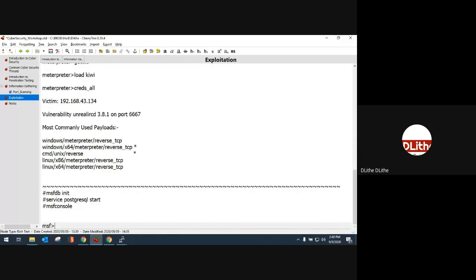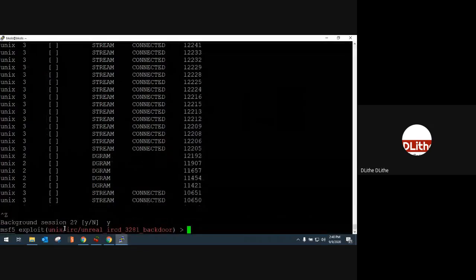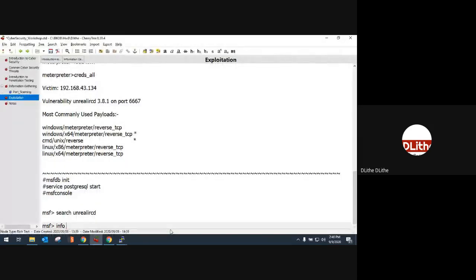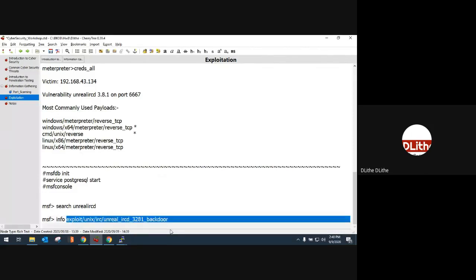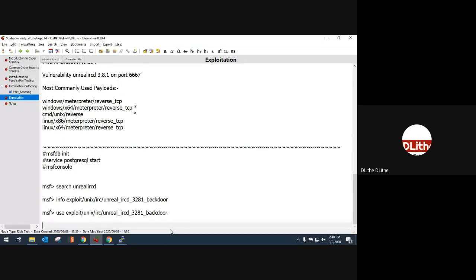Then from Metasploit, the next command is to search for the exploit script by searching the vulnerability this time. Then, as we searched for the information, let me show you that. We use backdoor and copy this. Okay, so we use exploit, this is the information that we have got. And this is the command that we use to read the information, and then we use this part to import the data. And then after importing, we used